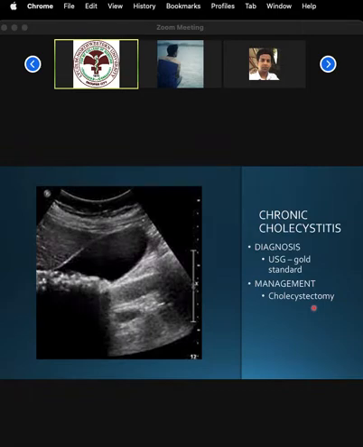Now, for patients who present with continuous right upper quadrant pain, then of course that is an absolute indication for cholecystectomy already. Okay, and cholecystectomy is also indicated to relieve patients. About 90% of patients are relieved by cholecystectomy,